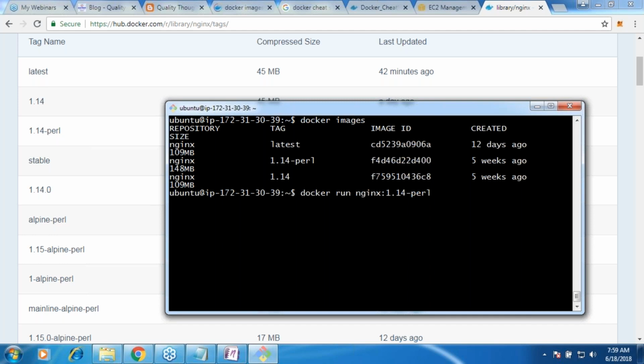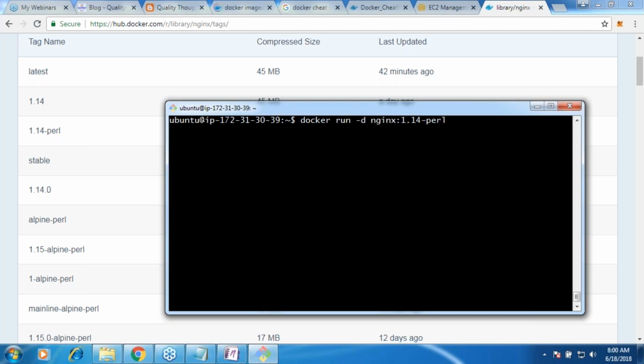Now let me use this. Docker run this. Docker run. I don't want to run it in the foreground, I want to run it in the background.